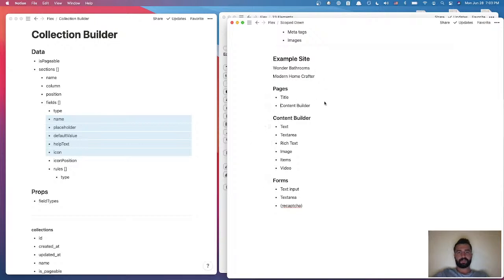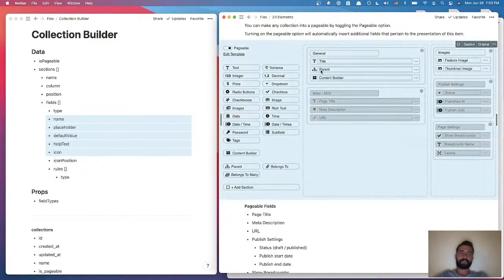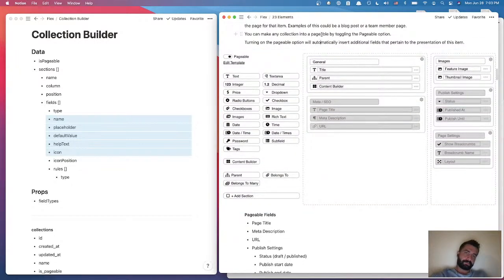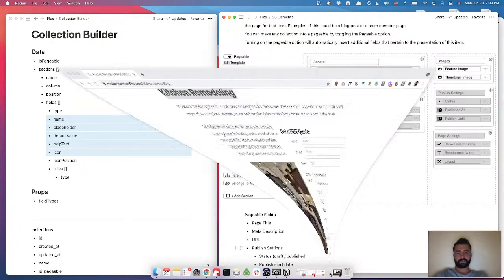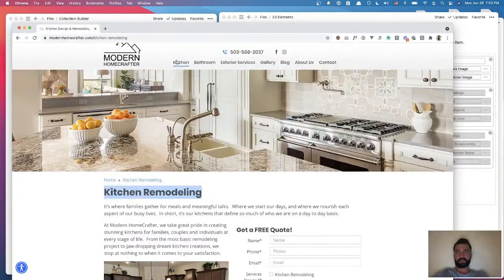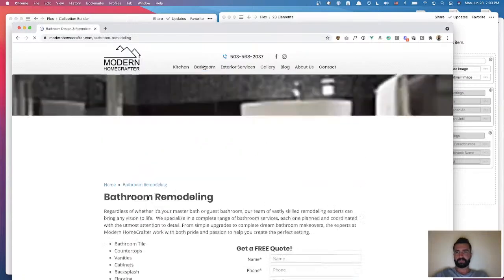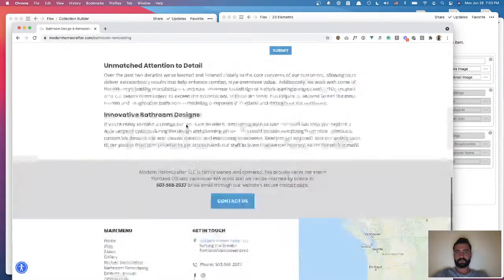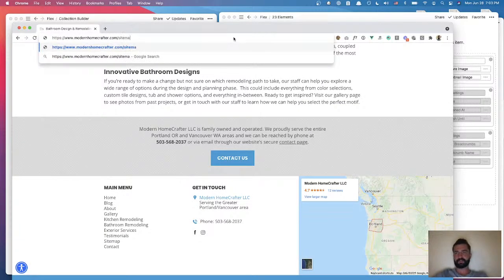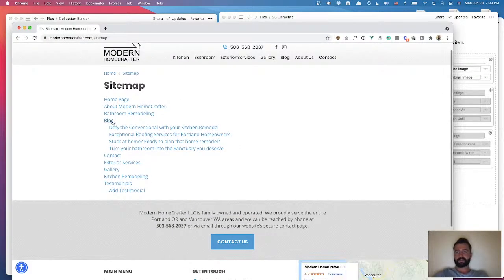The other thing that I just realized is we're going to also need the parent field. Not all Pageable types will need a parent, but for the purpose of this first site that we're going to be building, we're going to need to be able to define the parent field for our pages, I believe. I'm trying to see if there's any nested pages. Yeah, so